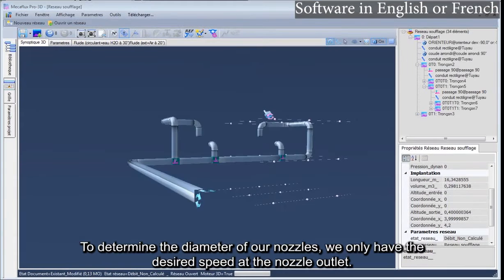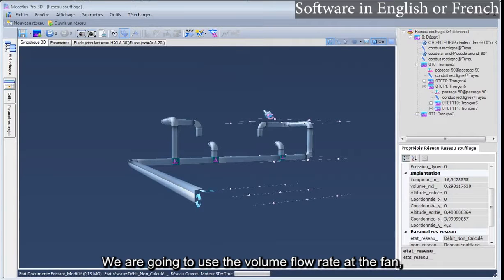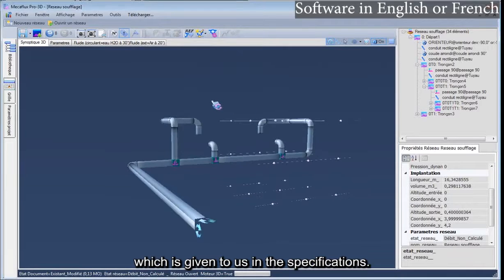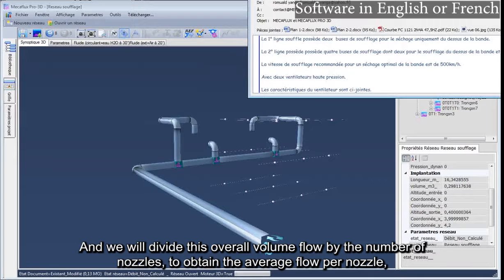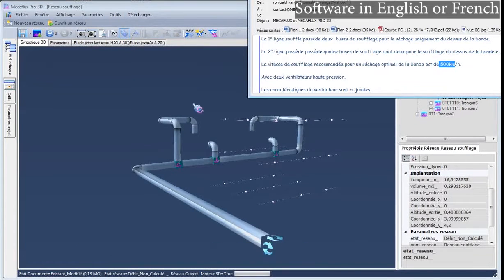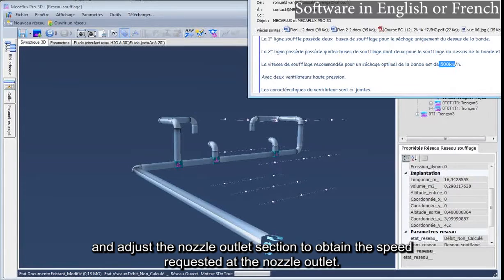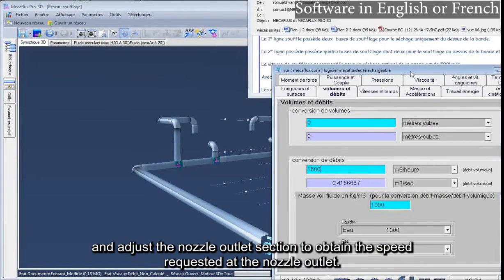To determine the diameter of our nozzles, we only have the desired speed at the nozzle outlet. We are going to use the volume flow rate at the fan, which is given to us in the specifications. And we will divide this overall volume flow by the number of nozzles to obtain the average flow per nozzle, and adjust the nozzle outlet section to obtain the speed requested at the nozzle outlet.